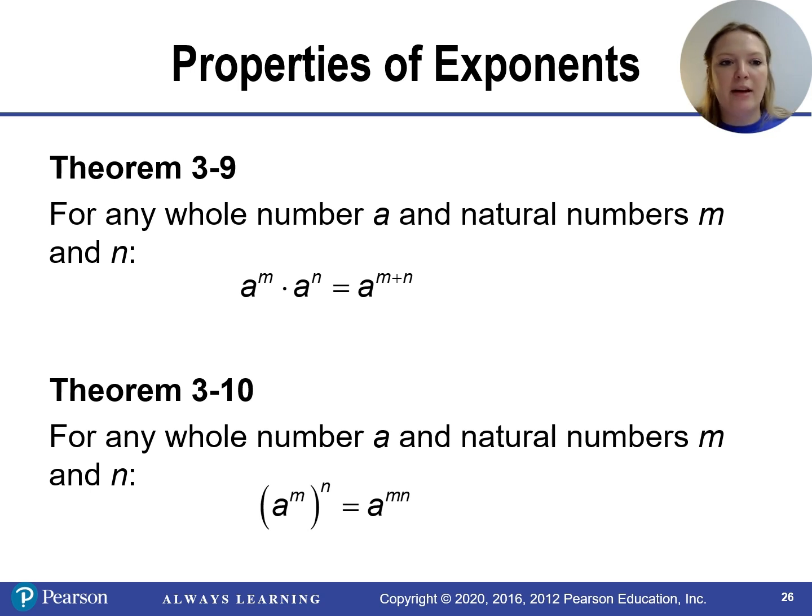So when we have exponents, we have a couple of properties. If we have a to the m power times a to the n power, so we have the same base, a, but different exponents, this should yield a to the m plus n power. That makes sense, because if you think about a to the m as multiplying a times itself m times, and then we also multiply that by a multiplied by itself n times, then we'll have a,